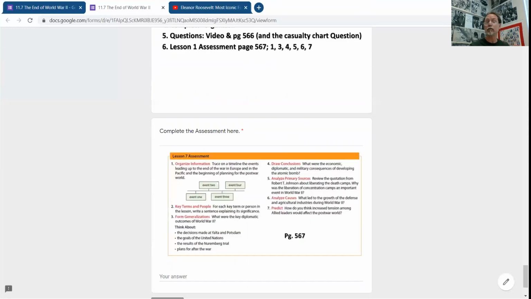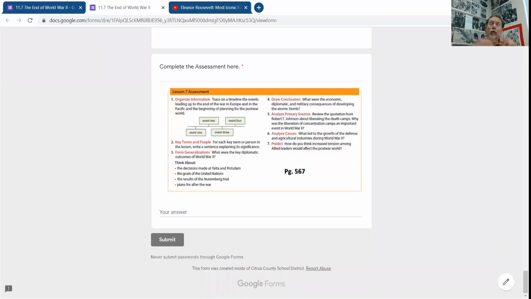Then you'll do the assessment and wrap this up. When you're all done with it, hopefully you can work on it piece by piece throughout the week and get it done by the end of the week. Make sure you have it submitted by next Monday, because we'll be taking the test on module 11 at the beginning of next week. So make sure you get this turned in. We'll do a Zoom session on Monday. Make sure everybody's squared away and ready to go. And then we will take a test that I will post on Skyward at the beginning of next week.